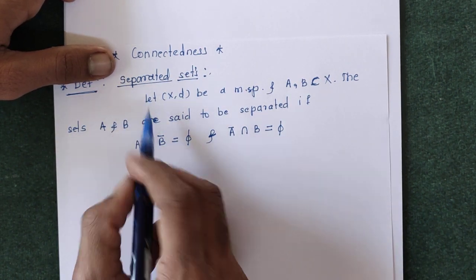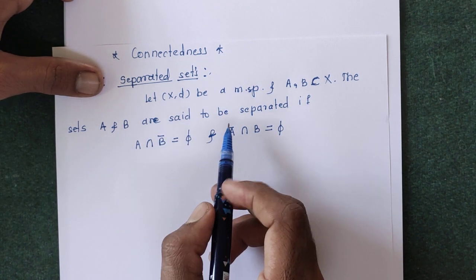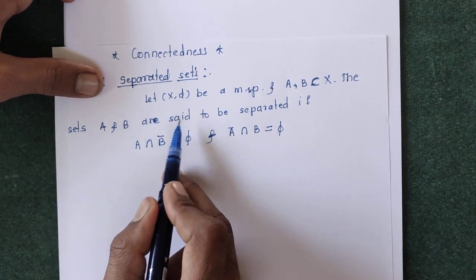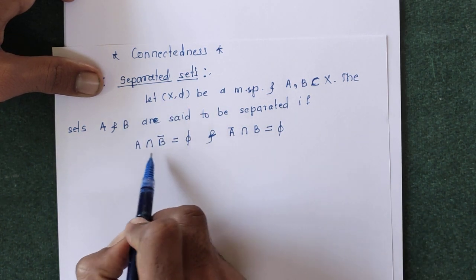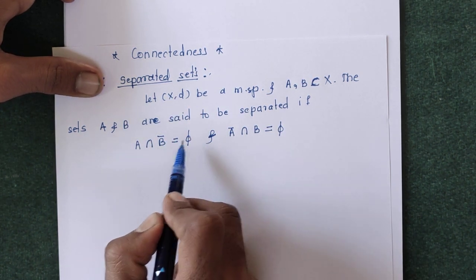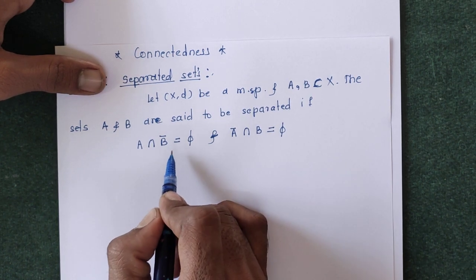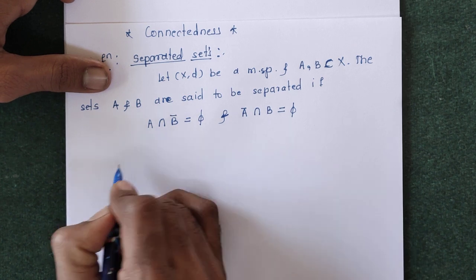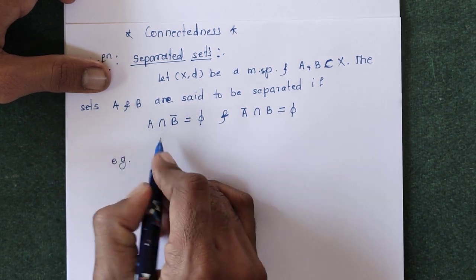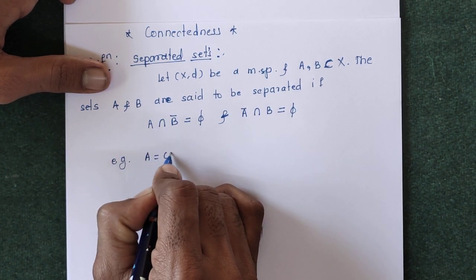So there is a difference between separated and disjoint. Two sets A and B are said to be disjoint if A intersection B is empty. But A and B are said to be separated if A intersection B closure is empty and B intersection A closure is empty. So let us take one example. Suppose the set A is equal to the open interval (0, 1)